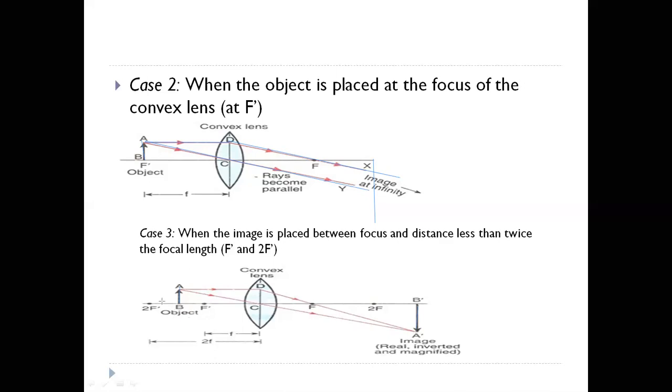So when the object is placed between F and 2F, again the ray which is parallel to the principal axis after refraction passes through F, and the ray which passes through the optical center undeviated, meet over there. Where the two rays are joined together, the image is formed. This is the way you will draw the diagram with pencil and scale, and it should be a straight line.